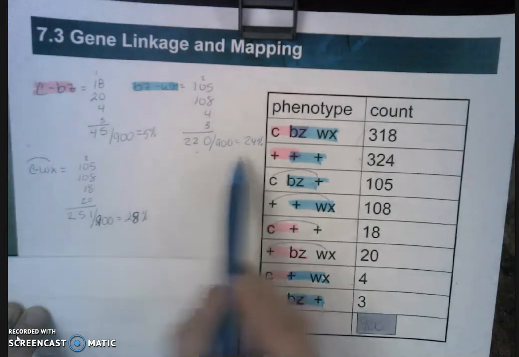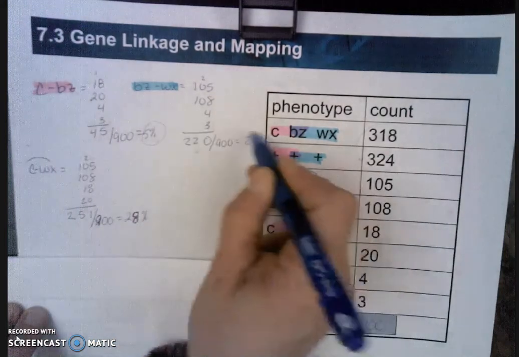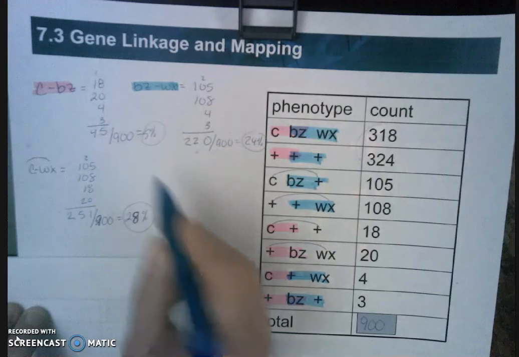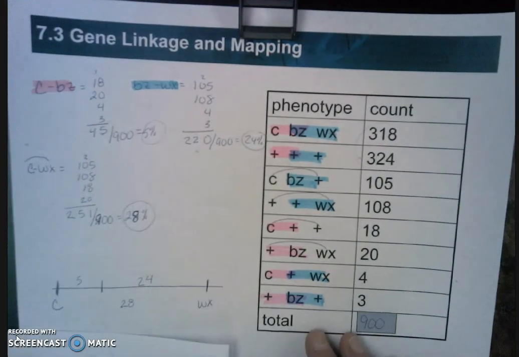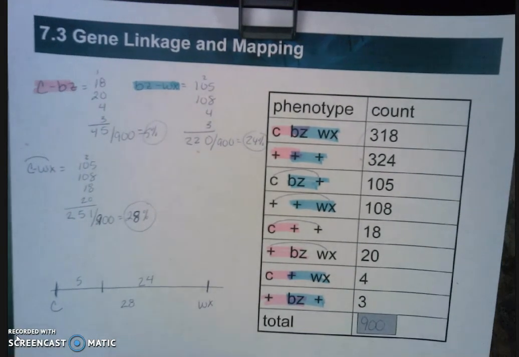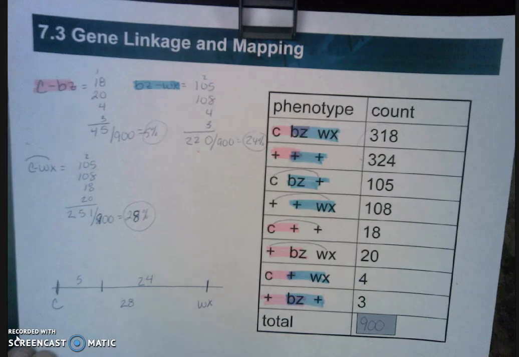So once I have all of my crossover frequencies identified, I can take that information and plug it into a map group down at the bottom. Now, one of the things that you will notice